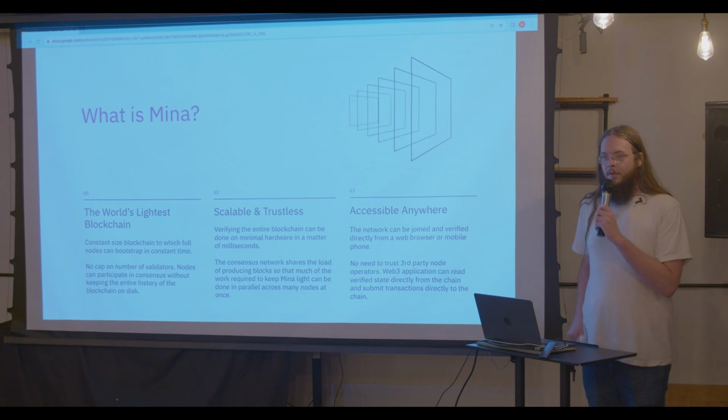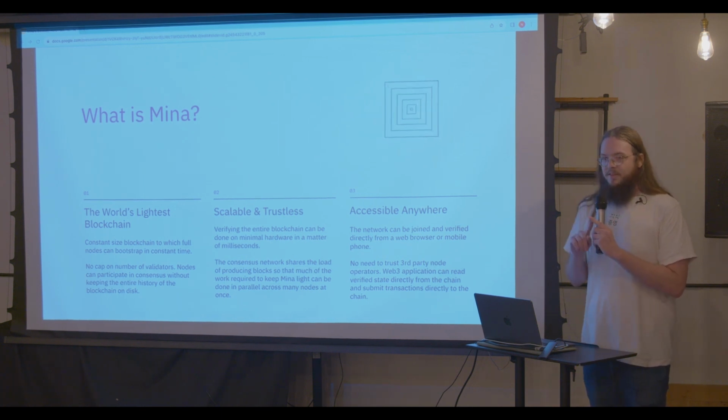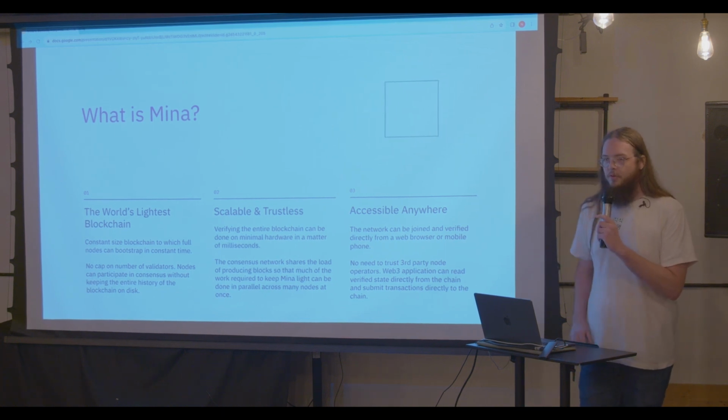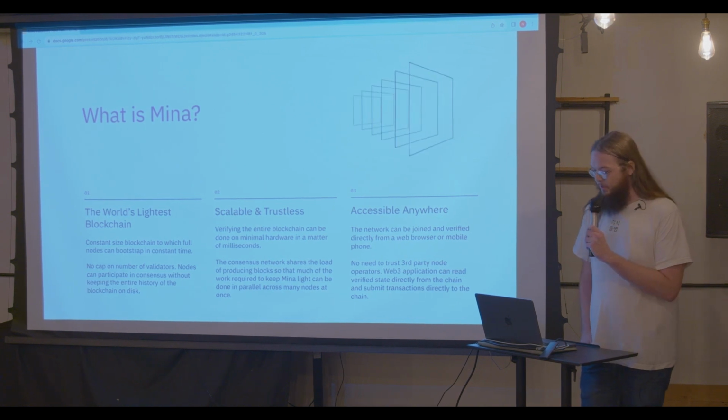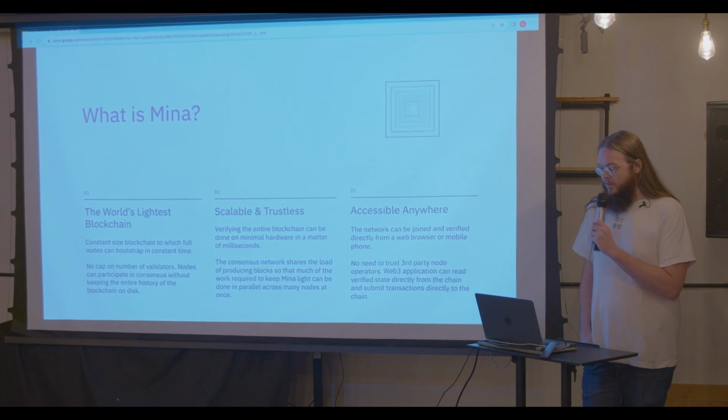So what is Mina? Mina is the world's lightest blockchain. And what does that mean? It means that it has a consistent size. It's a constant size blockchain. It has constant time bootstrapping, so new nodes can bootstrap the network in constant time. There's no cap on the number of validators, and there's no need to store the entire chain in order to